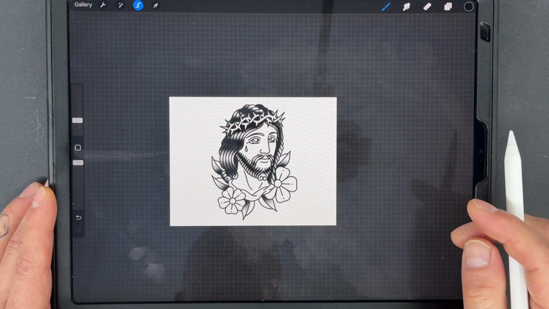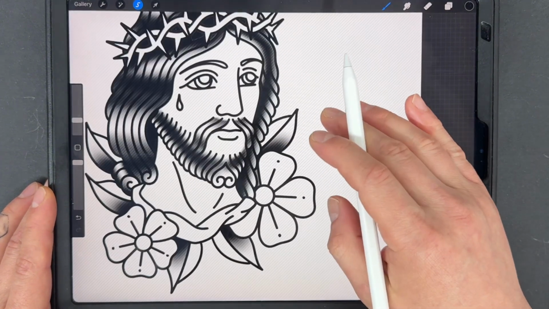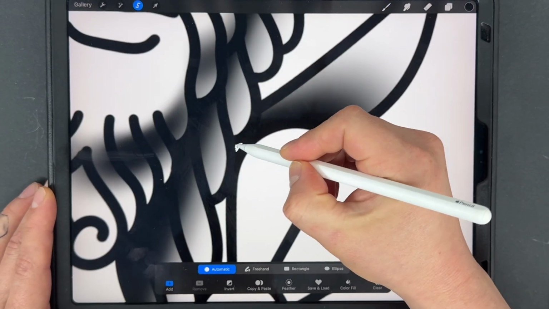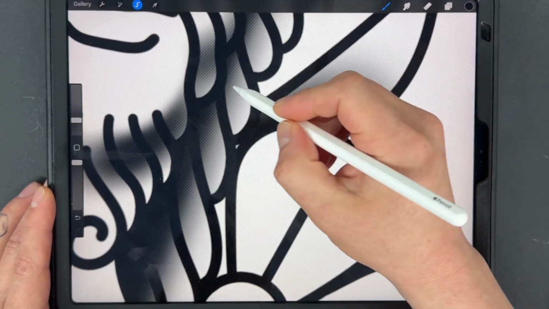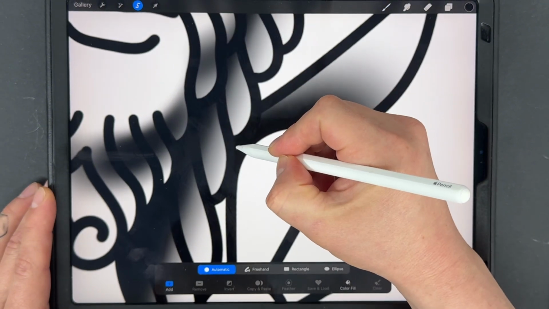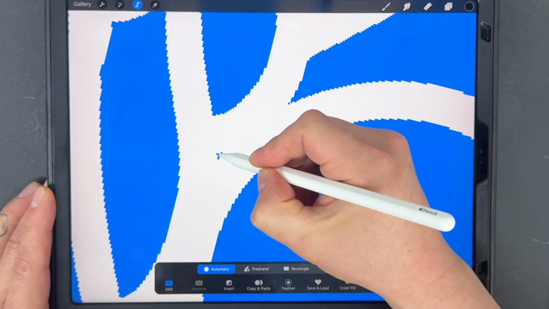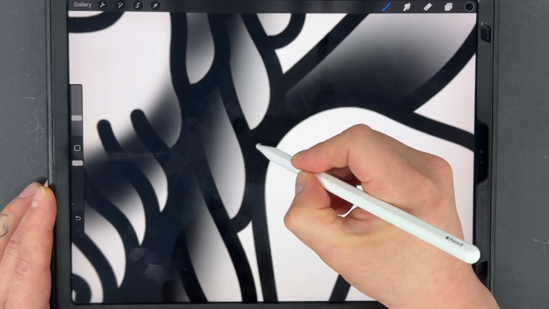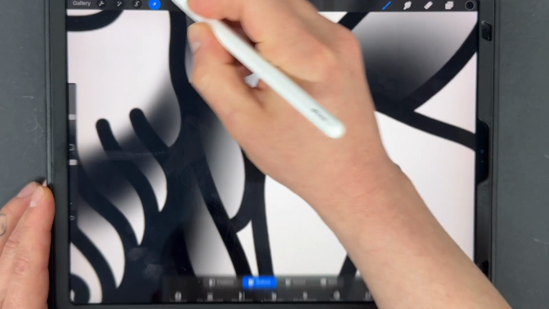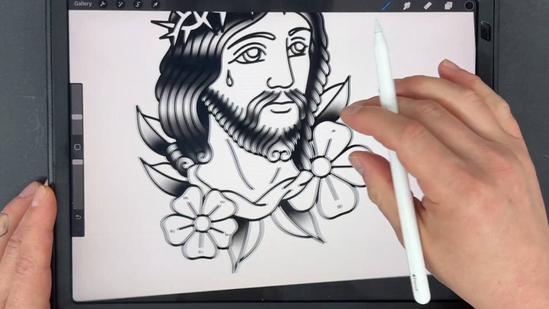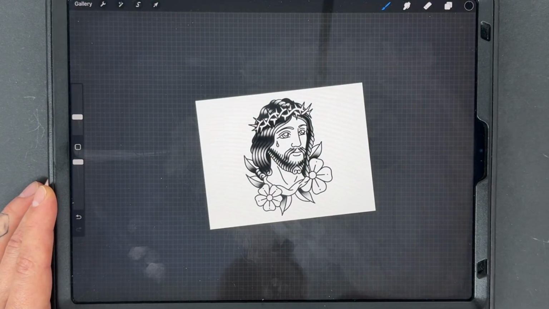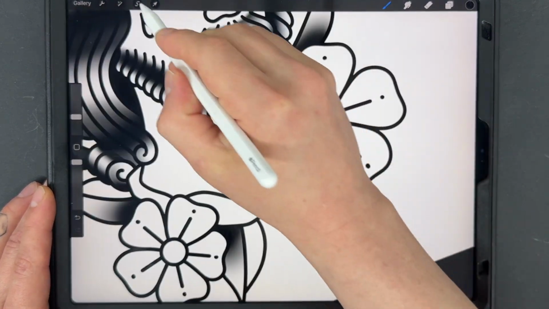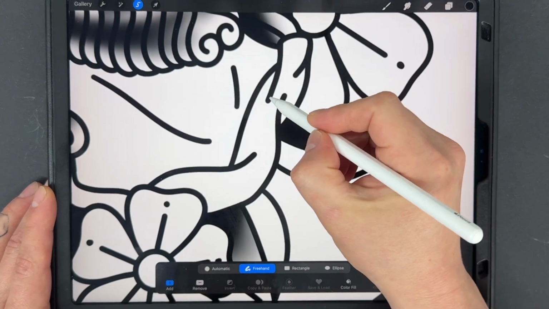There we go. Do I even do that though? No, I just go here with that. What is that? That is making me mad. Fine, inking pen. There we go. Okay, yep, that looks way better. Cool, that's nice and clean now. And then I'm gonna go ahead and add some